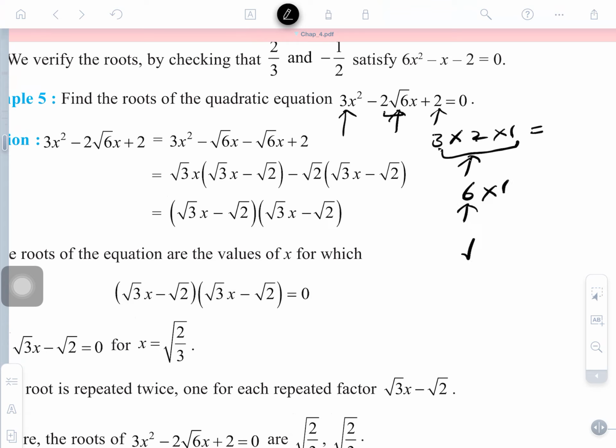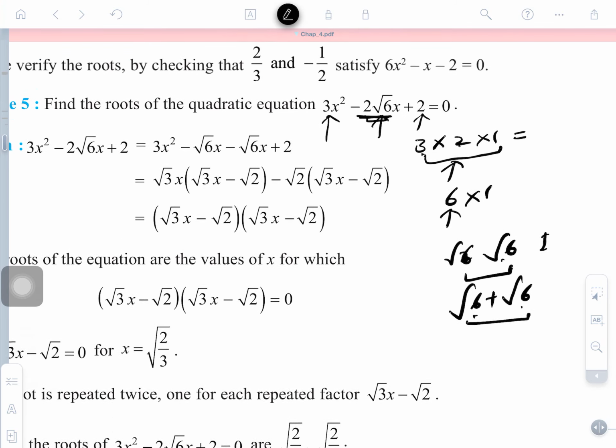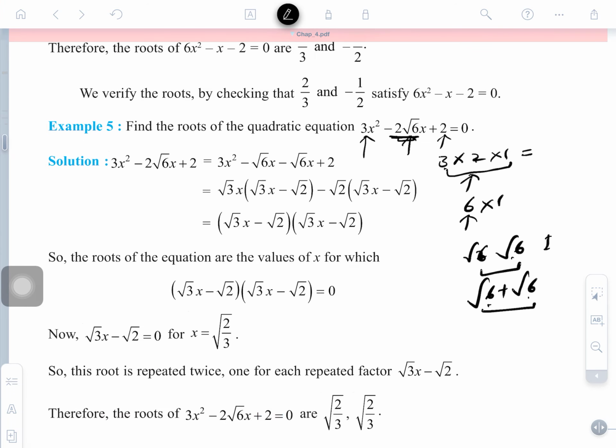So this can be written as root 6 and root 6. The 2 are there here. Okay, 1 also, so root 6 times 1 is root 6 and root 6. The 2 root 6 here. If you add them, so 2 times root 6 will be written here. This could be difficult for you. Okay, the arrangement of this typical is different here. So see this video again for the previous reverse for 1 minute. You will understand. Okay, so root 6 plus root 6, 2 times root 6 is there.